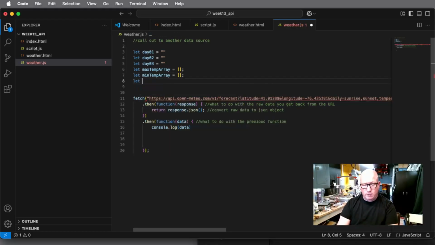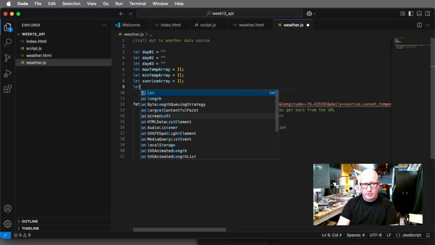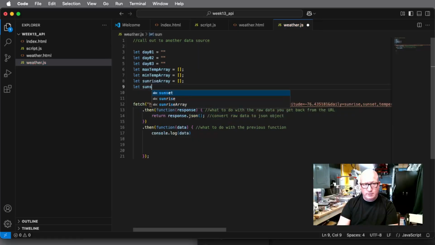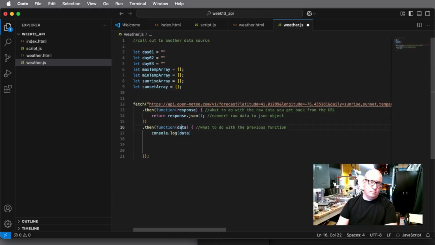Let sunrise array equal blank. Let sunset array equal blank. All right, so now we kind of have some things set up there for us. Why are we doing that? We're going to do that to make it a little bit easier to set some things up. So for example, what I'm going to do is I'm going to say